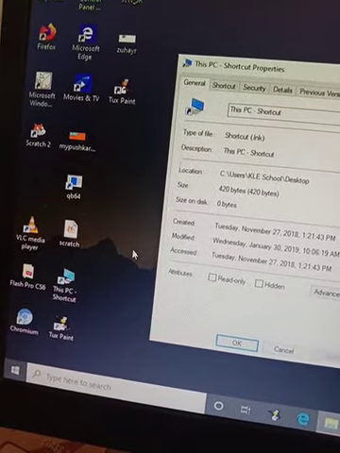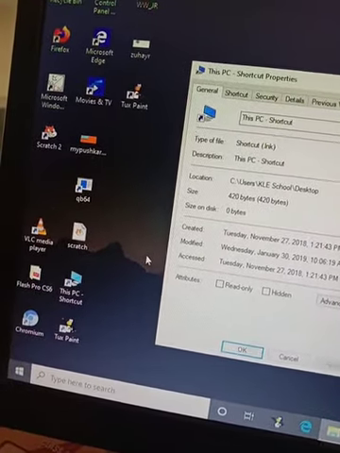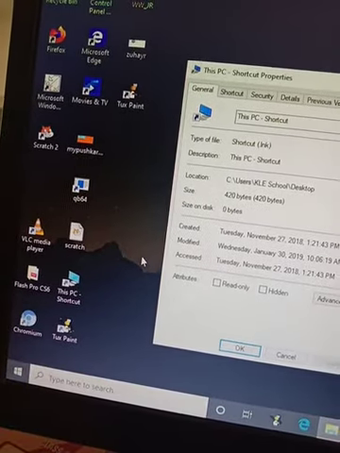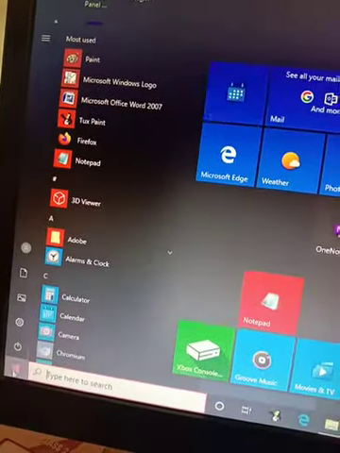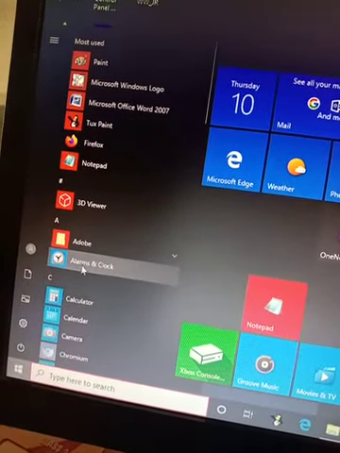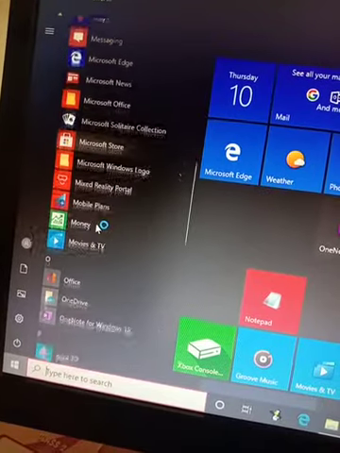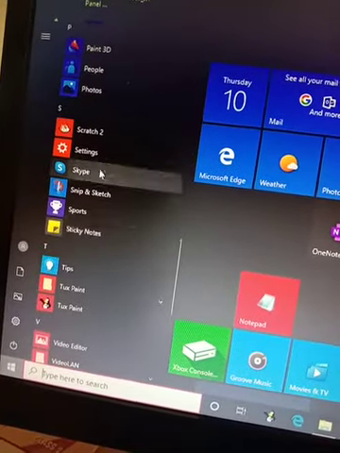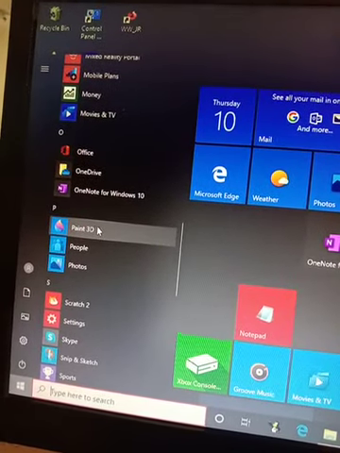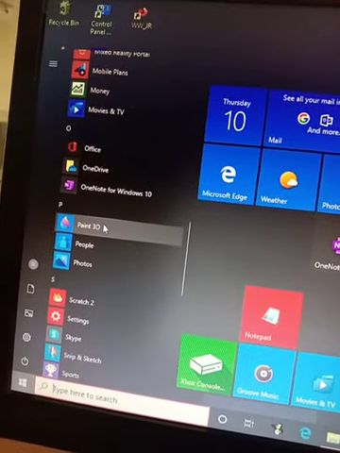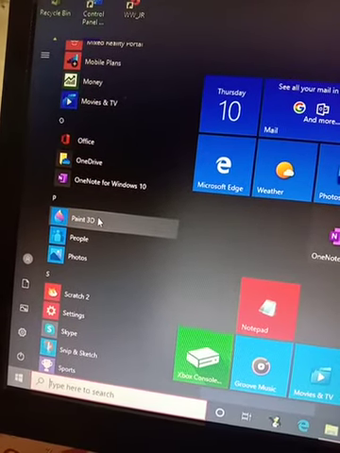I have already downloaded Paint 3D from Google. Here I will be starting it now. If I want to start it, I will go to the Start button, the Windows button. Here I have to search for Paint 3D. Just scroll your mouse, you can scroll like this. See children, here you all have Paint 3D. Normally you have learnt Paint. So this is all about Paint 3D.